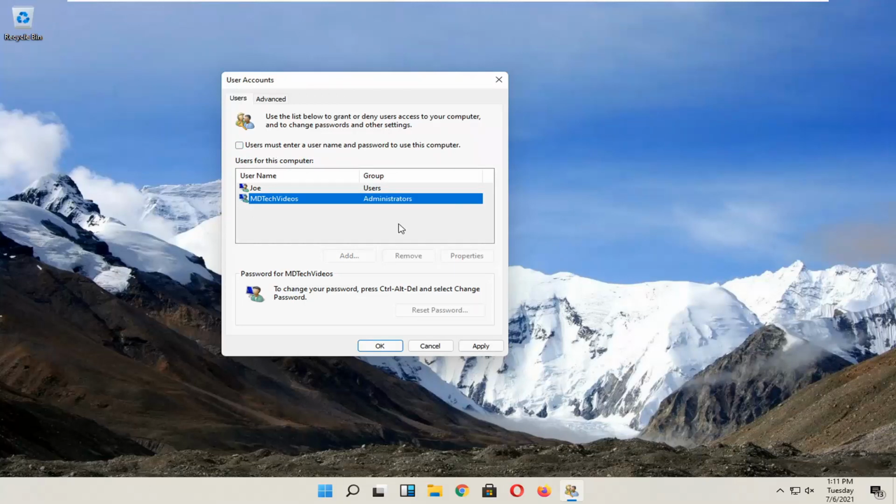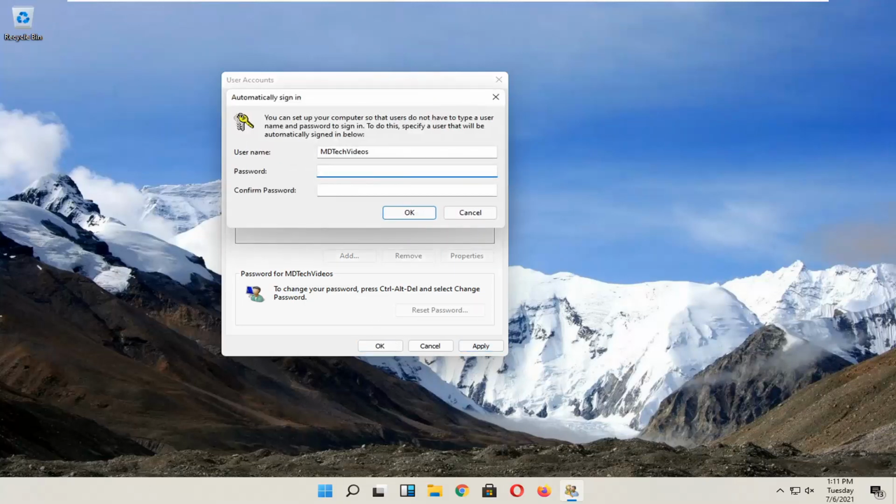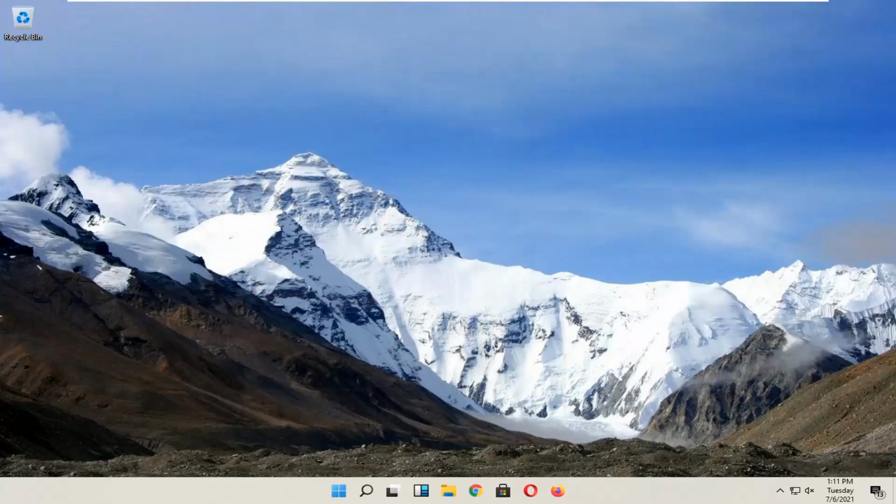So pretty straightforward process, guys. And then you would select apply and OK. You have to enter in your current computer password in order to enable that. Select OK, and then OK again. So like I said, pretty